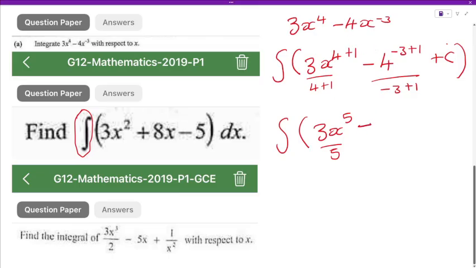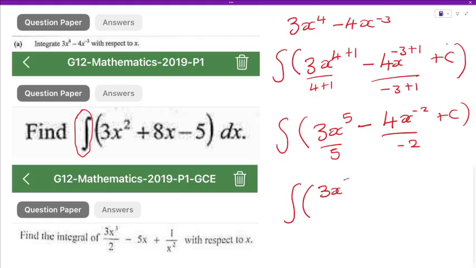Okay, then you're going to say minus 4x, there's supposed to be an x here, to the power negative 3 plus 1. Okay, so negative 3 plus 1 will give us negative 2, over there we're going to have negative 2 as well. Then we're going to say plus c. So now for your final answer, remember we said on your final answer, avoid having